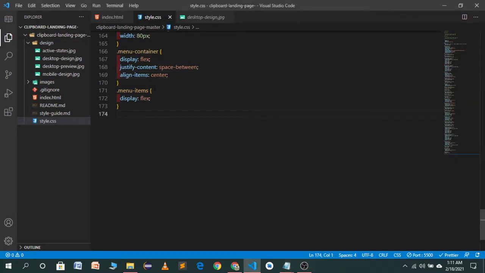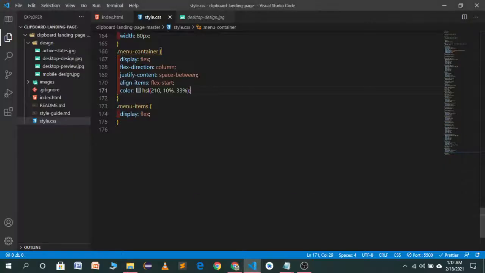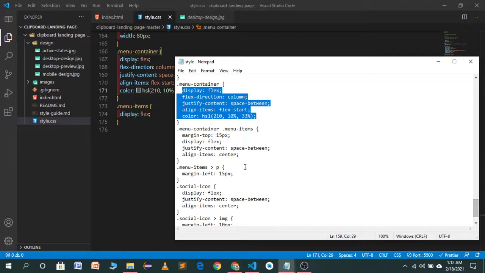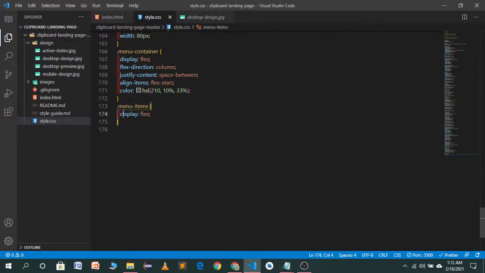So this will be the code for our menu container, and for our menu items we should use this one. And now you will see the changes.